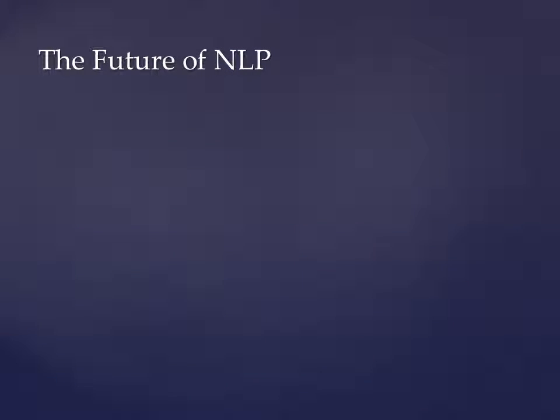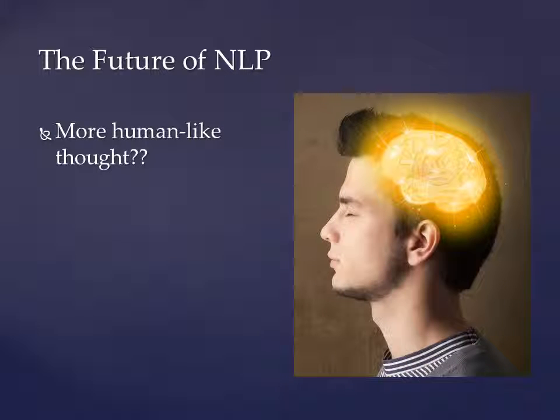So what's next for the field of natural language processing? Currently, all effective approaches to natural language processing utilize the strengths of electronic circuitry rather than trying to mimic human neural function. This results in a thinking process that's nowhere near the robustness of a human brain. The development of algorithms that work more similarly to a human's thought pattern would definitely revolutionize natural language processing. But that may be many years down the road still, if we ever get there.